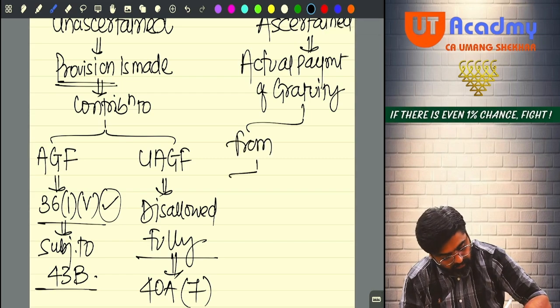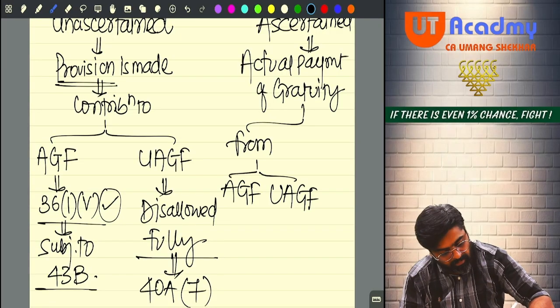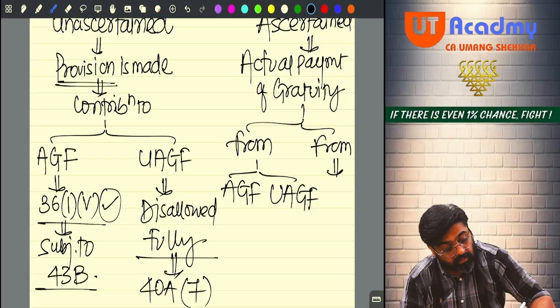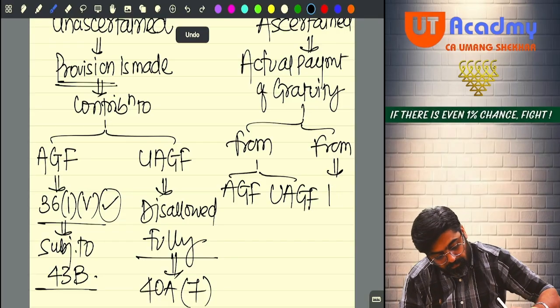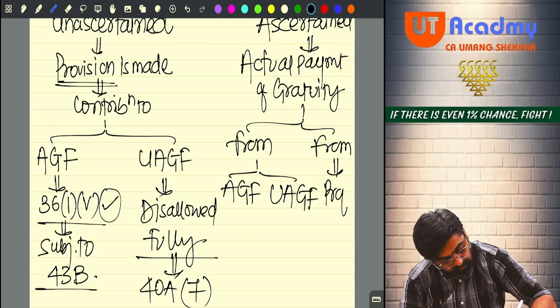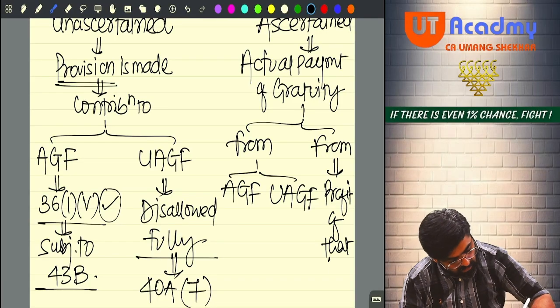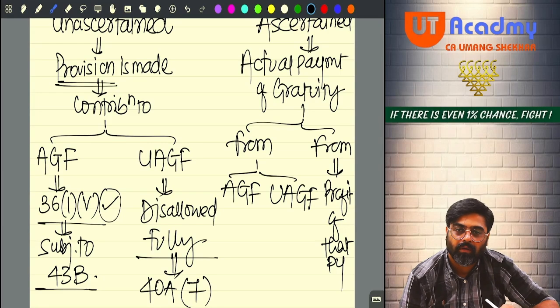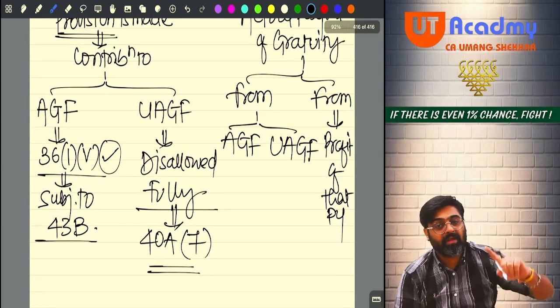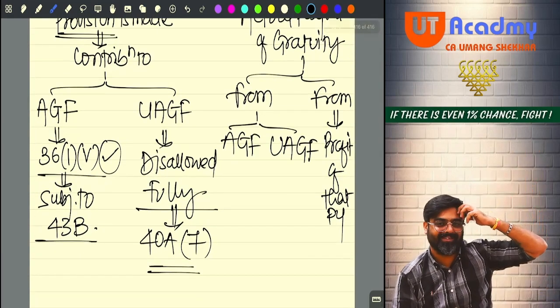either AGF or UAGF, or it will be made from the profit and loss, that year's profits, the profit of the year in which it is ascertained. Yes or no? So tell me, if the gratuity which you are paying in future